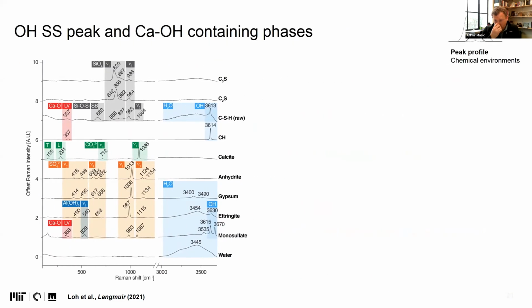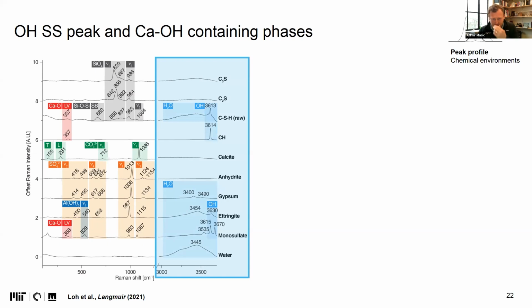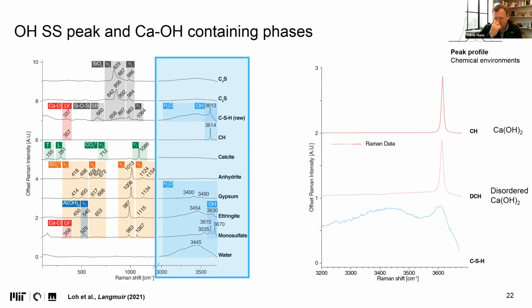Let me give you a few insights into these results, and of course I invite you to read the paper and also contact me if you have any questions. What we were able to do, for example, is analyze just the OH vibration region, where you can find peaks associated with calcium hydroxide and CSH, and by careful analysis of these 250,000 spectra for each sample, we were able to identify